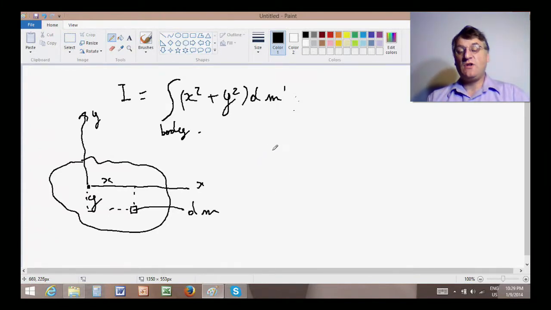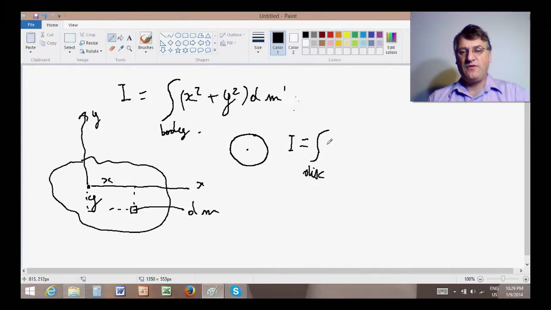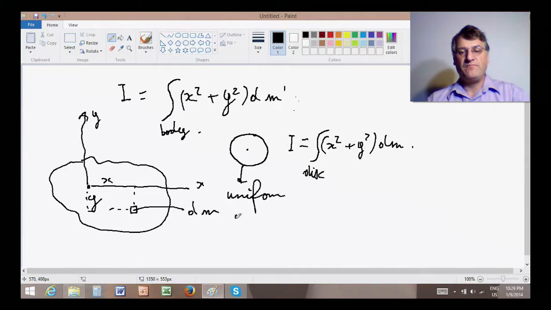Now, let's, for example, compute this for a circle. Or to be more precise, a disk. The inertia will be the integral over the whole disk of x squared plus y squared times dm, which is the small element of mass here. Now, if we assume this is uniform density, then we have that dm is equal to rho dx dy